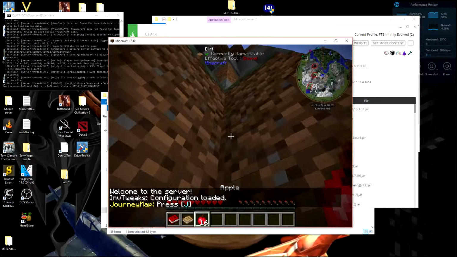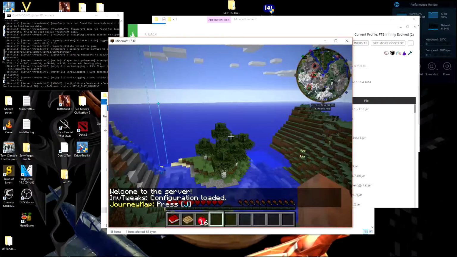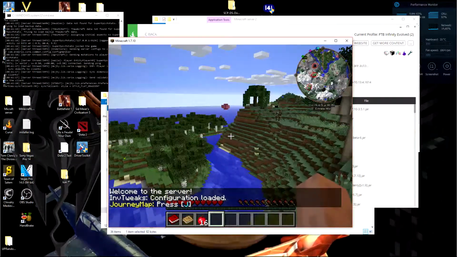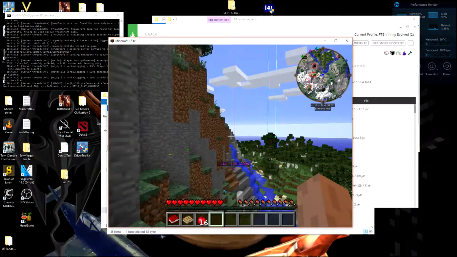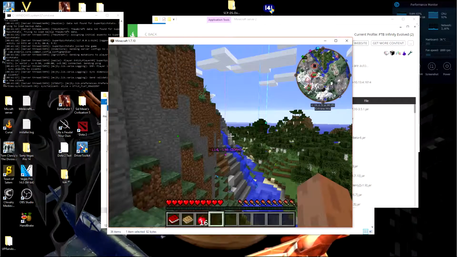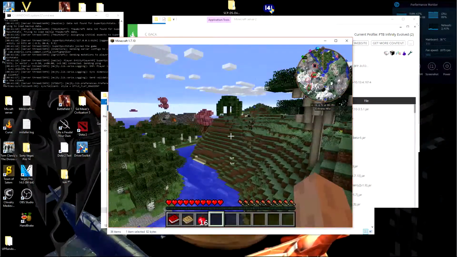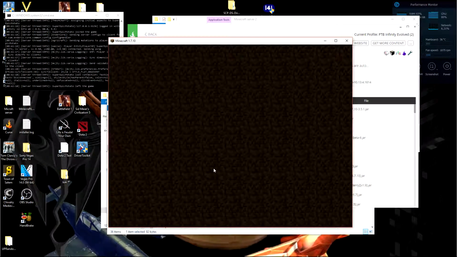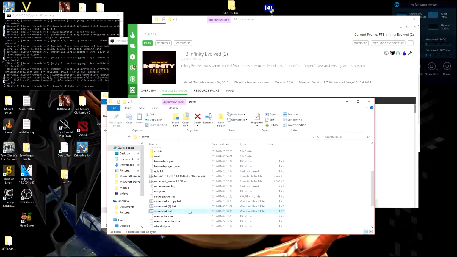Okay, you see it, we're in and it's working. It's a bit laggy at the start, but that's just because of 32 chunks render distance. The reason why I have waypoints is because it thinks it's the same server as my other servers, so it still keeps the same ones, even though this is a completely different map. Okay, so just disconnect from this, and then in the bat file here,